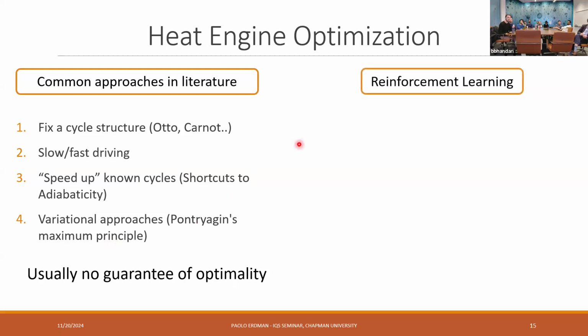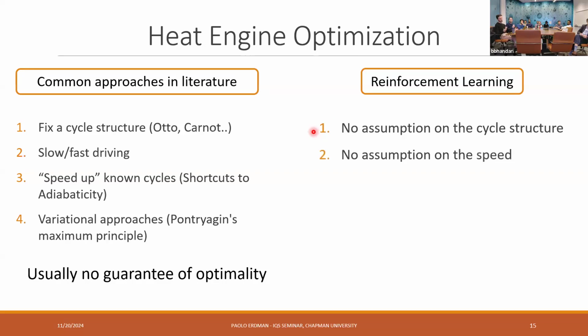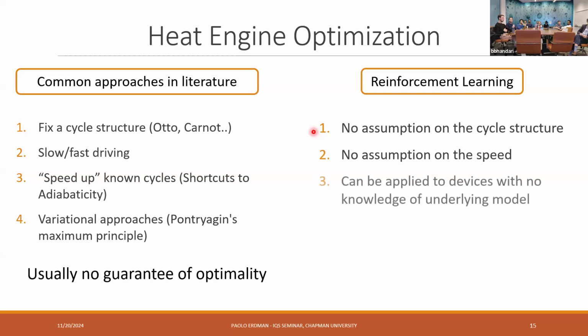So what we wanted to do is to have a numerical tool. It's not analytic, it's just a numerical tool, but it at least allows us to find cycles without making any assumption on the shape of this UDT. We don't want to make any assumption on the speed of the driving. In principle, we could even apply this mechanism directly to a system of which we do not know the equation of motion. So we could even have this reinforcement learning interact with an experimental device and learn how to drive it without actually knowing how it really works. In principle, it can also naturally handle noise in the control. So it's a pretty robust way to find these optimal cycles.